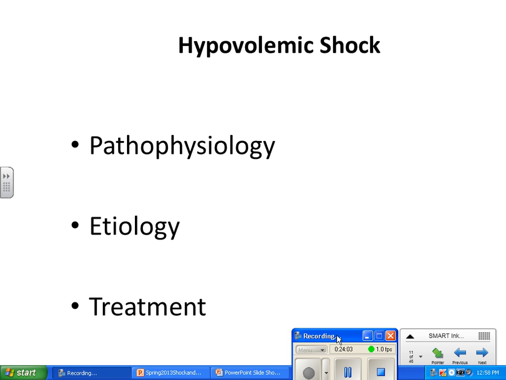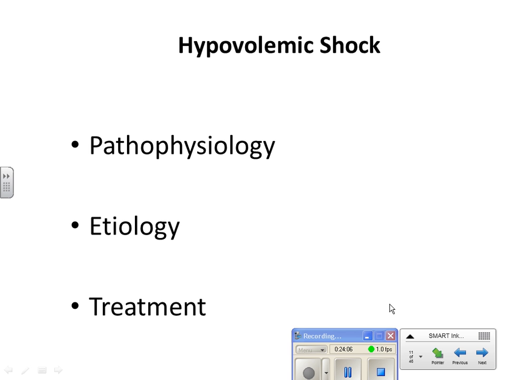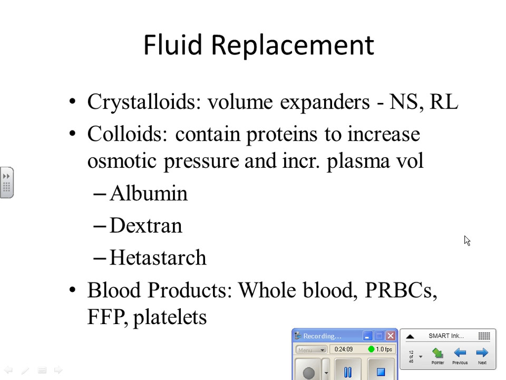So some of the ways that we... go on to the next slide. There we go. Fluid replacement. We are going to give crystalloids, which are volume expanders. So normal saline, and frequently lactated Ringer's or Ringer's lactate. The reason that we give Ringer's lactate is because it acts as a buffer for the lactic acidosis that the patient is experiencing as they deteriorate through these stages. So that metabolic acidosis occurs, the lactic acidosis, because of anaerobic metabolism. Ringer's lactate buffers that and tries to bring that pH back up to where it should be.